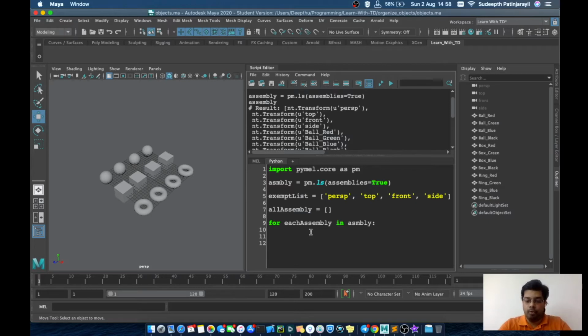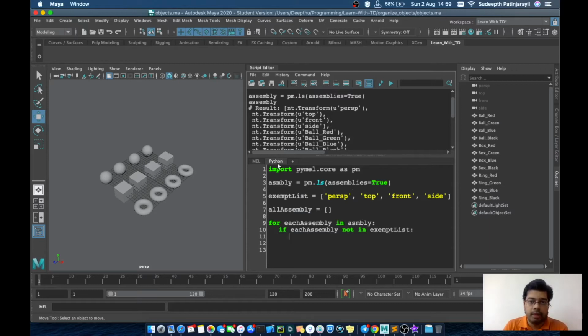So for that, we write if each assembly not in, and we'll copy this and paste it over here to save time. What this line does is take each and every item from this list.